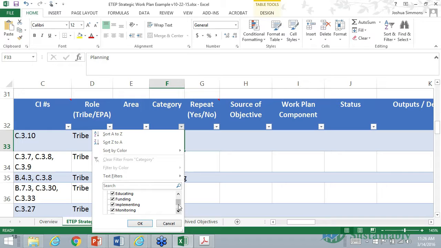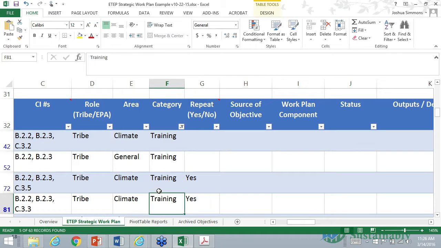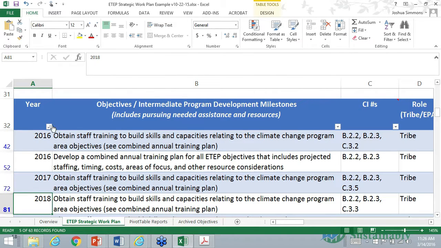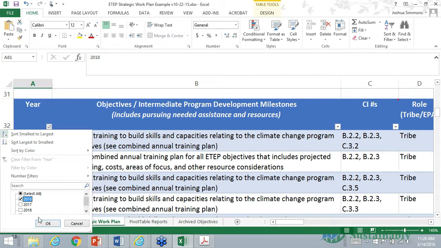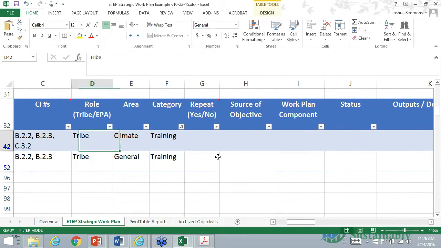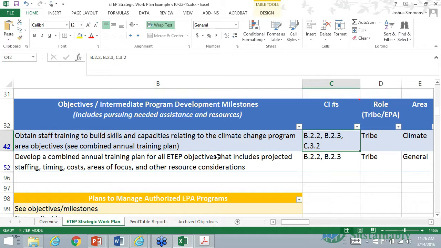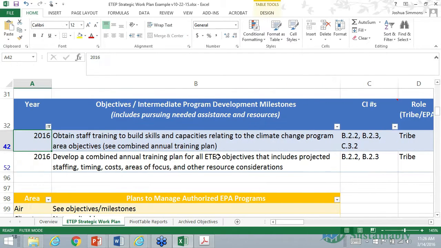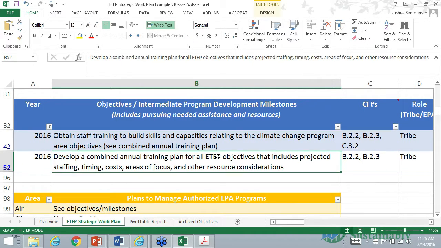So I may want to look at all of the training activities, so let's do that. Let's go down here and filter out for just training activities to see all the training activities that I'm going to be pursuing, and let's filter this out to just 2016. Like I said, this isn't a very robust plan, but this shows you all the training activities that the tribe has listed that it's going to be pursuing in this current year. So there's one related to climate change, and there's one